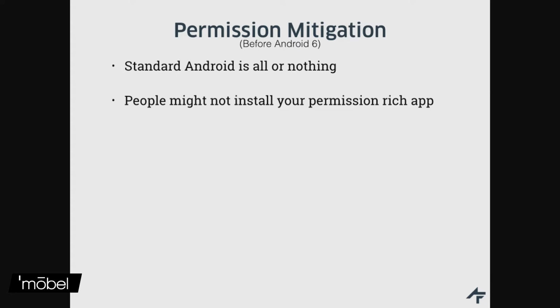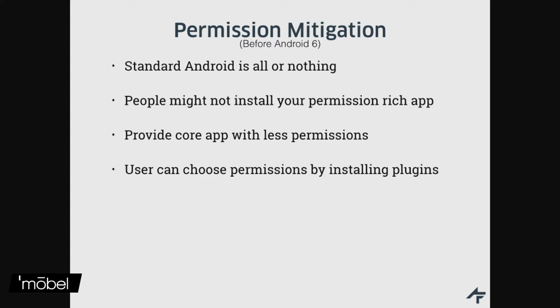So people might not install your permission-rich app, but you could provide a core app with fewer permissions, and then let the user install plugins that are gonna give functionality with those permissions. Like reading the contacts for finding friends somewhere. So if users don't like that, they can install the base app, and if they really want to find friends, they can install a plugin for that. It's a simple example. People are not gonna do that, but